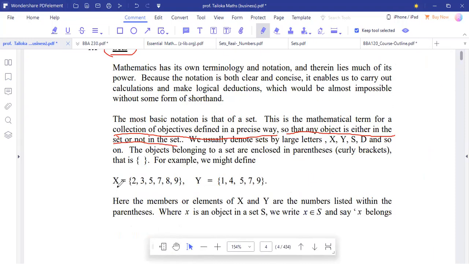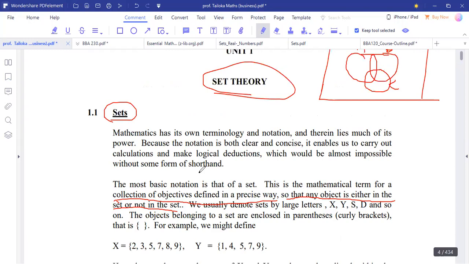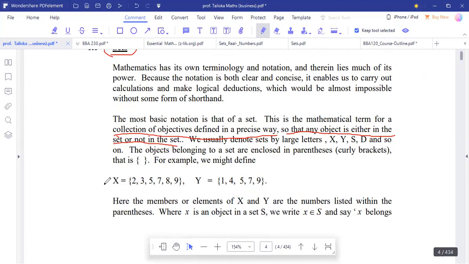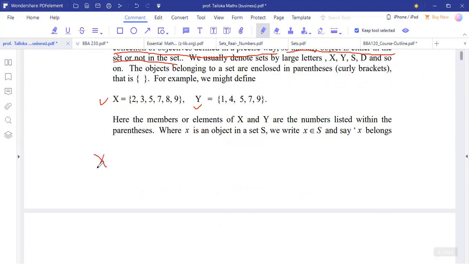All right, so we can have items here: event X with the parameters 2, 3, 5, 7, 8, 9, then that of Y as 1, 4, 5, 7, and 8. So from here, we have this X, and we are given Y. We can be asked to find what is X union